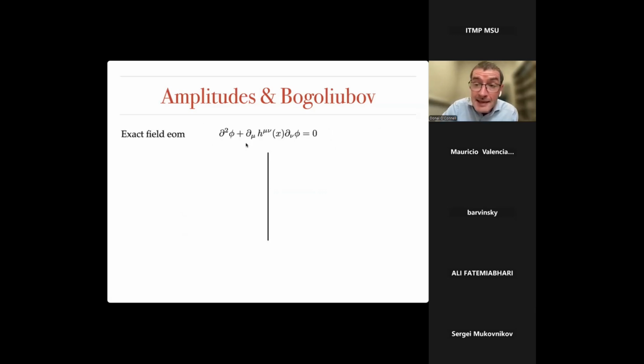Now, in this case, the equation of motion for the quantum field is very simple, and that leads to a powerful approach. So the equation of motion is a second order, homogeneous linear partial differential equation. So we can solve this differential equation, at least in principle, by imposing some boundary conditions.